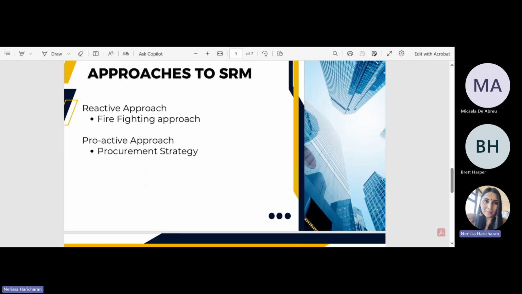The first one is what is called a reactive approach. The business chooses to have a specific relationship with the supplier where they only respond to issues when they occur. So here you're just eliminating any problem that has occurred now. It's like firefighting, basically. If there's a fire, you call the fire brigade, it comes in, puts out the fire, and that's it.